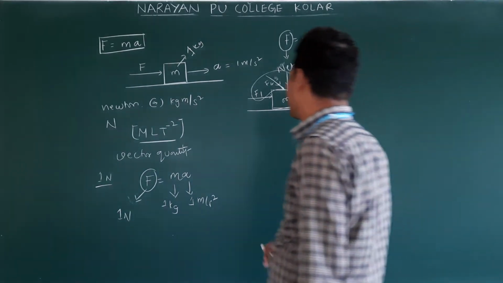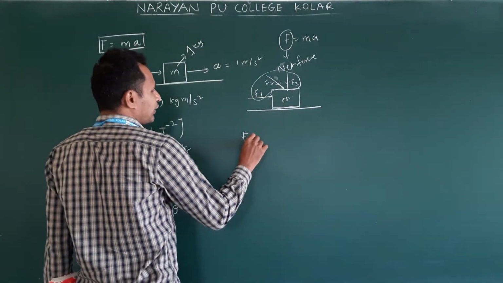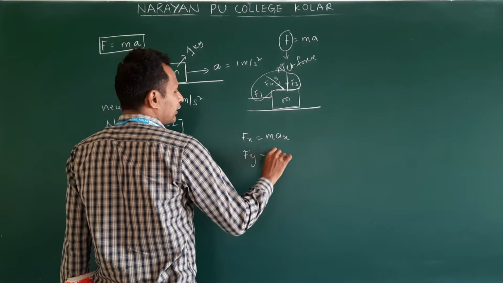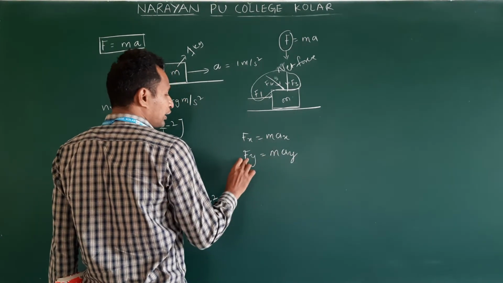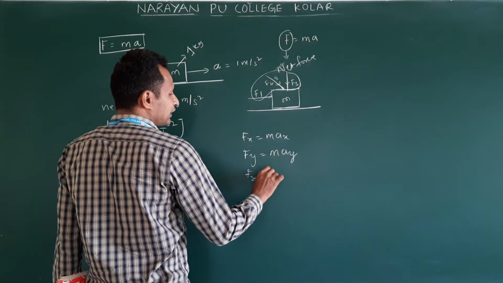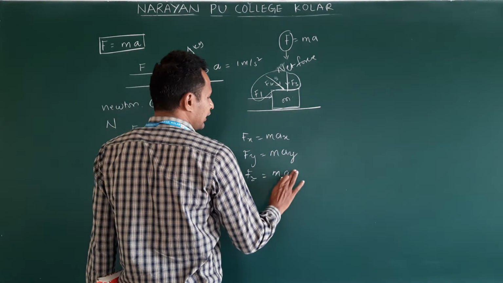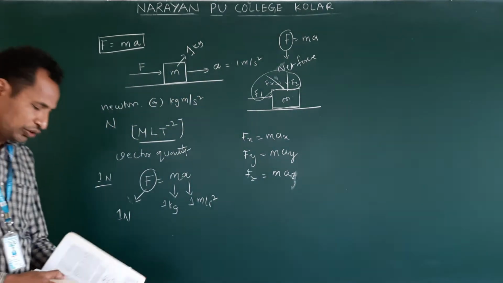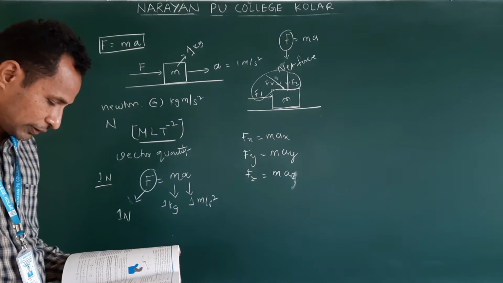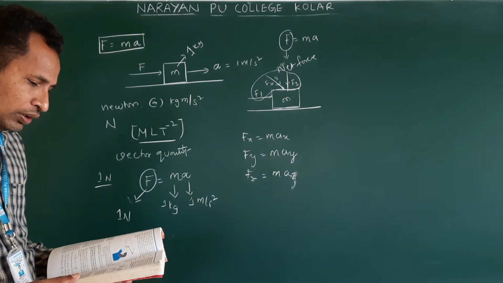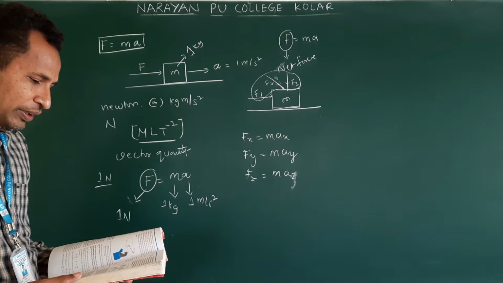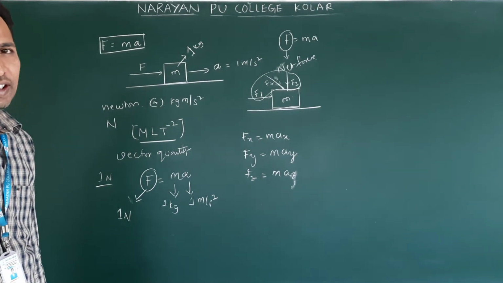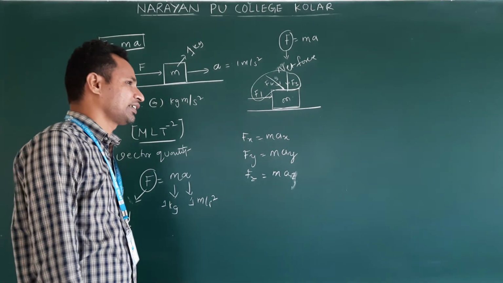If we have a force in the x direction, then how do you write it? Fx is equal to m ax. If you have a force along the y direction, Fy is equal to m ay. Along the z direction, Fz is equal to m az. These we will use in numericals based on the question. Internal forces in the system are not to be included in F. What is internal force? What is external force? That you will see in the next lesson. Clear?